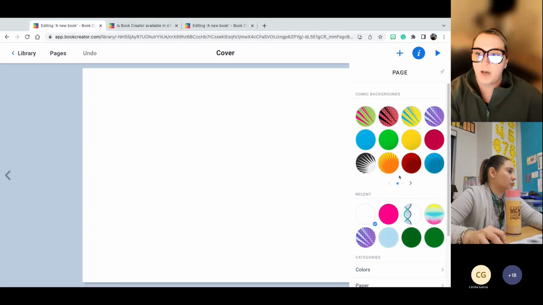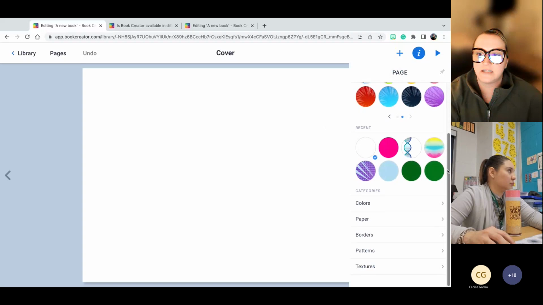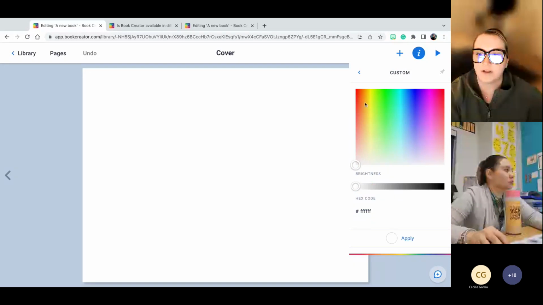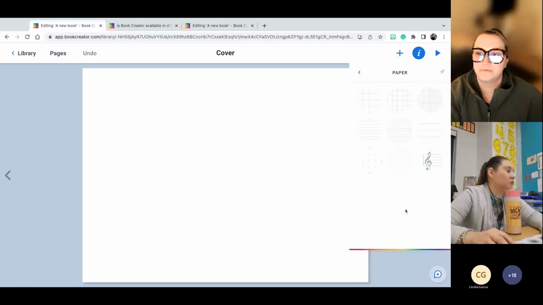There are different comic backgrounds I could pick from. There's anything recent that I've used. I have different colors. I can even click the plus button. I have all these different colors. There's even a hex code for you fancy people. If you have a hex code color that you love, you can type that in. There's different paper. We even have music paper, graph paper, dot paper,